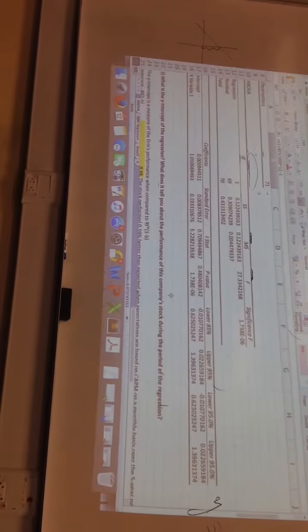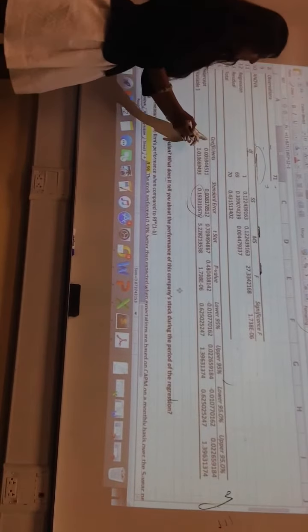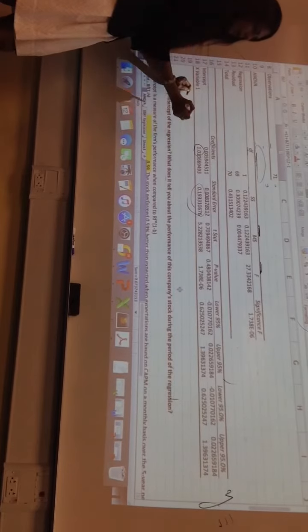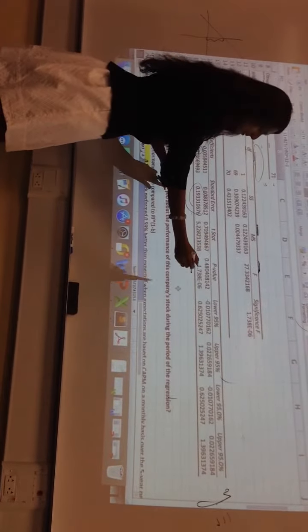95% means how many standard deviations? 2 standard deviations. Okay? So how is this calculated? You actually don't even need to calculate it using the standard error, correct? We don't care about the y-intercept, we just care about the beta. So 1.01, say I round it off to 1.01, so the lower 95% is obtained with